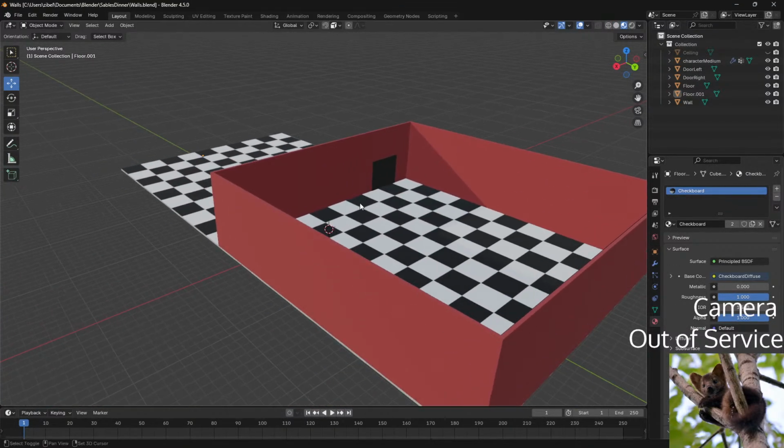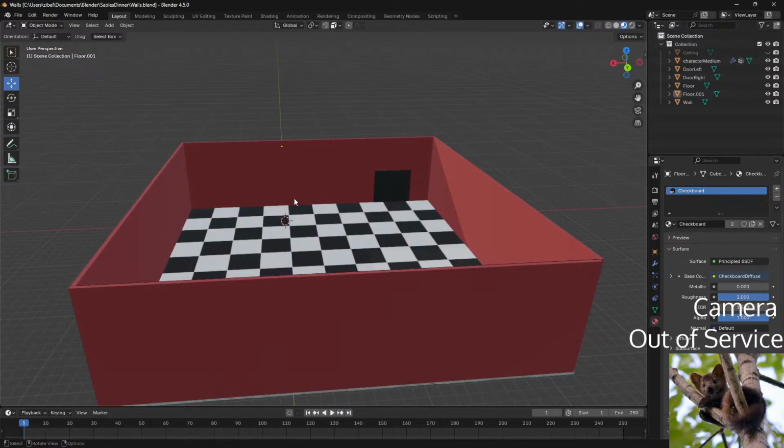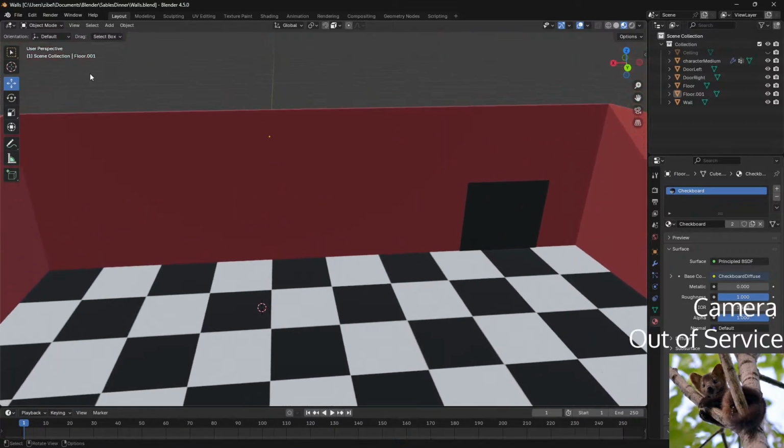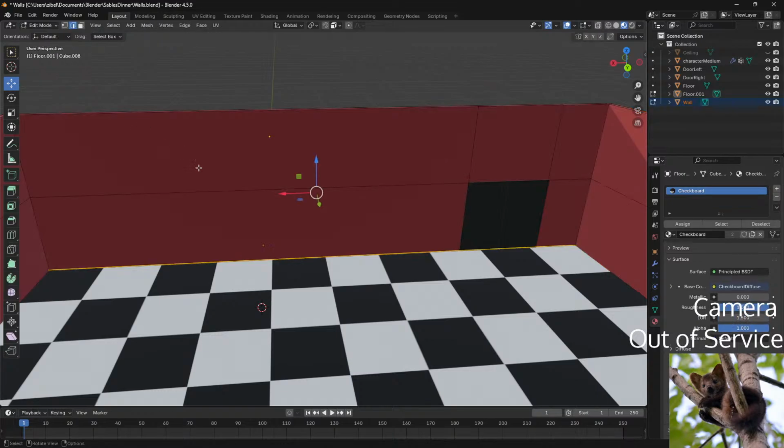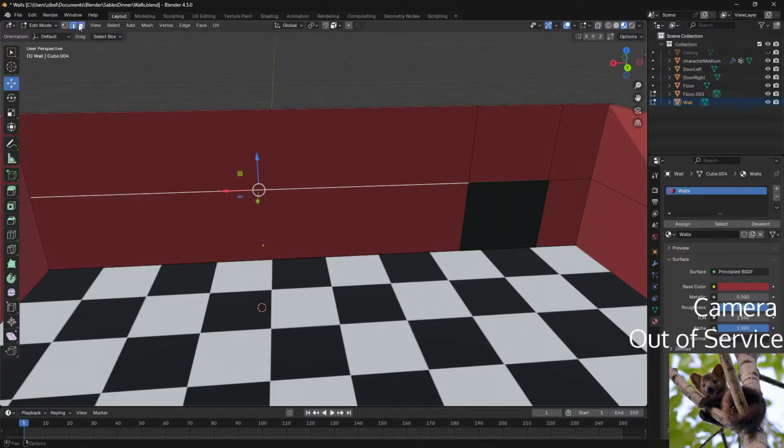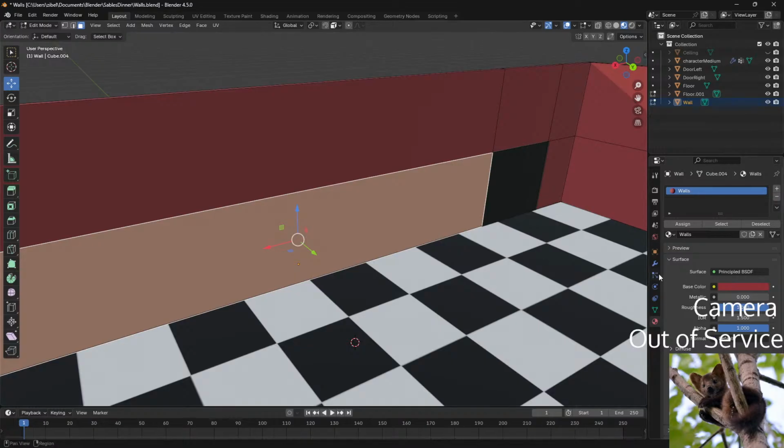Regarding the walls, I'm wondering if there's a way to create a pattern in an easy way. On this face right here, create a wave pattern.